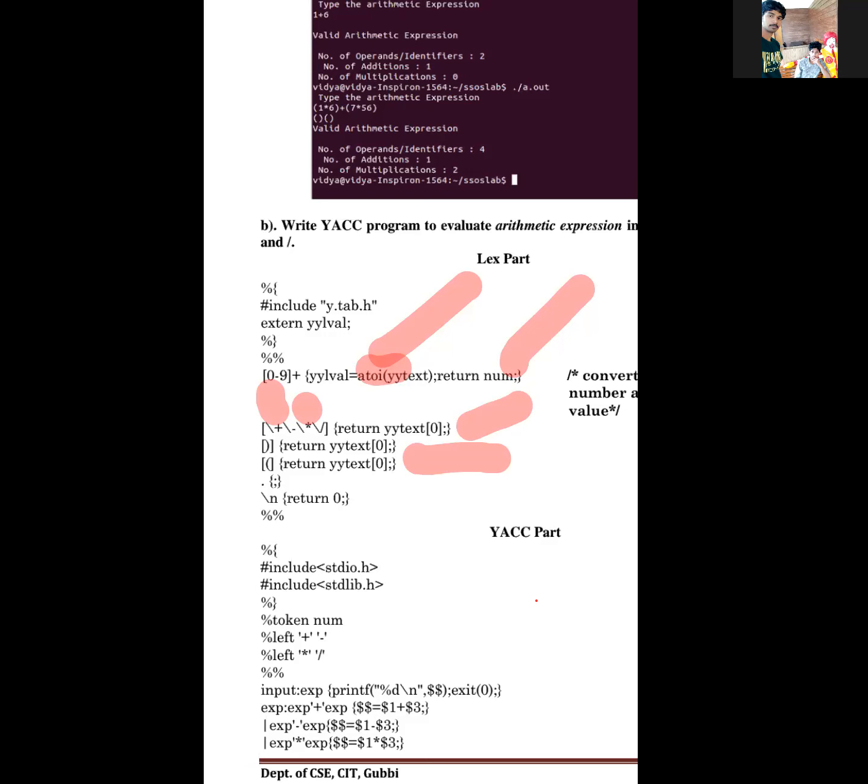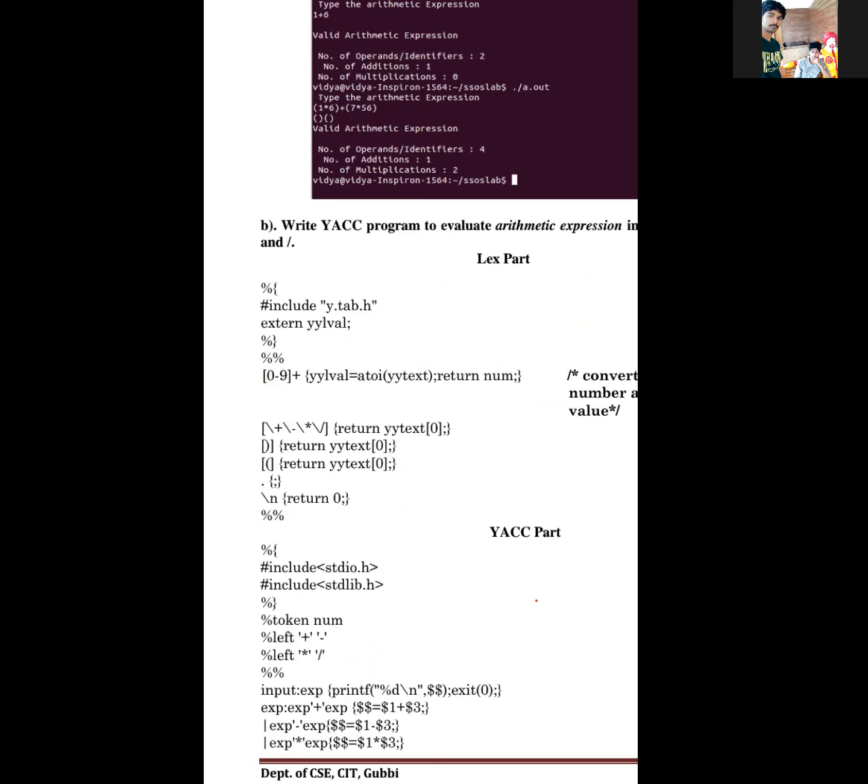This is the only part, Lex, for scanning of your program. In the previous program also, it was the scanning of your program. Here also we are going to scan everything, including your symbols and open and close brackets. The real part of the program will be there in the Yacc part.